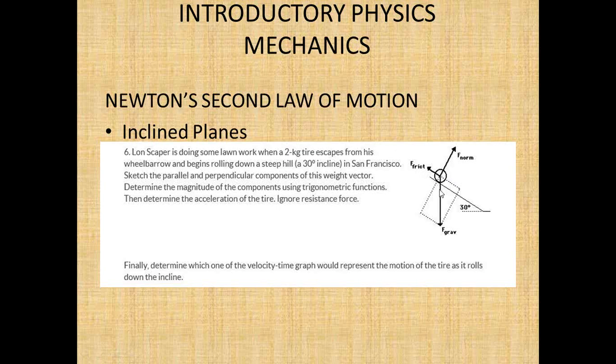Okay, so they want you to determine the acceleration of the tire. So you have to calculate the parallel component, which is going to pull. This is the net force, which is going to pull the tire down. So that net force,